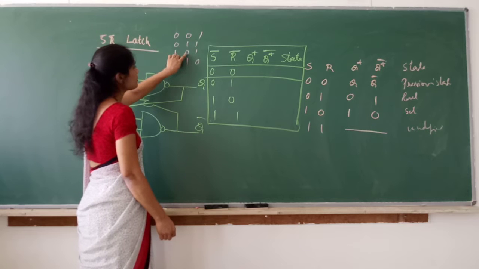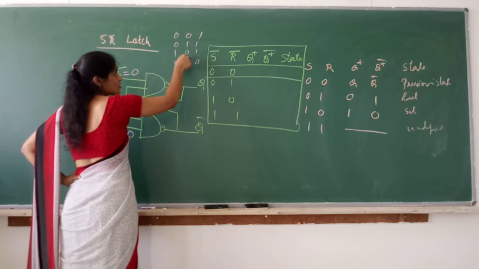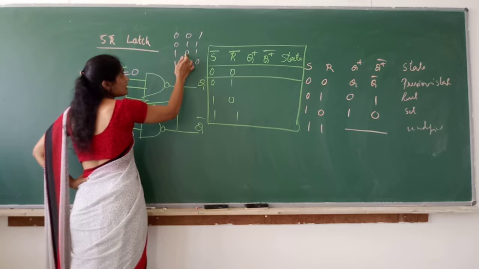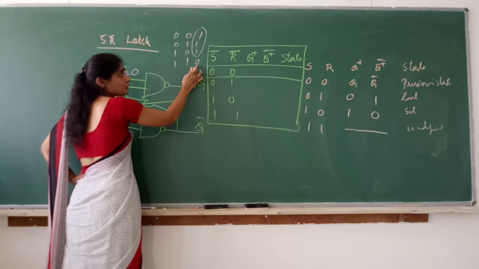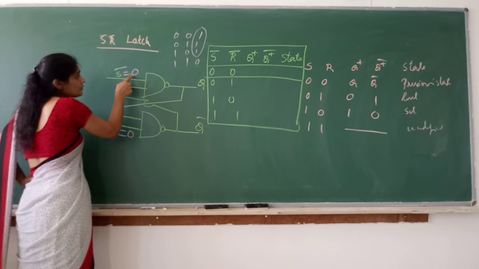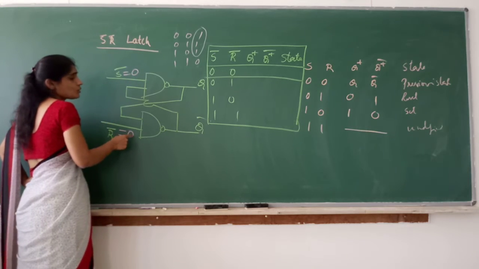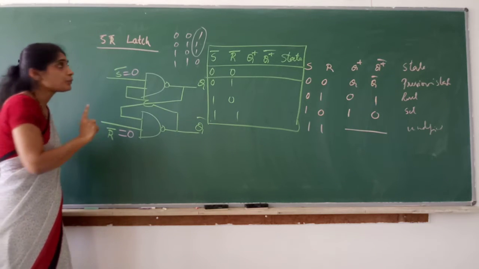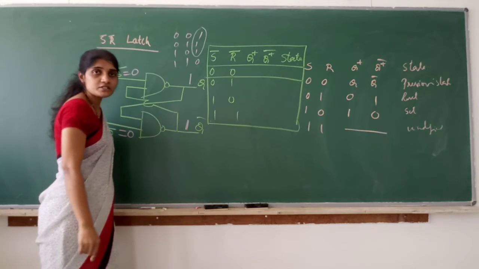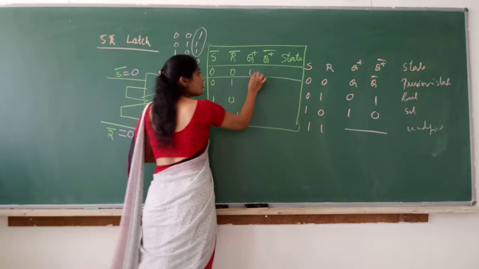So look at the truth table. If any one input of NAND gate is 0, the output is 1. I repeat. If any one of the inputs to the NAND gate is 0, the output will be 1. The output will become 0 only when both the inputs are 1. But here, look at the inputs. S bar is 0, R bar is 0. When any one of the inputs is 0, what is the output of NAND gate? 1. So I am getting 1 here as well as 1 here. Is that possible? No. This has to be the complement of Q. So for 0, 0, what is the output? Undefined.